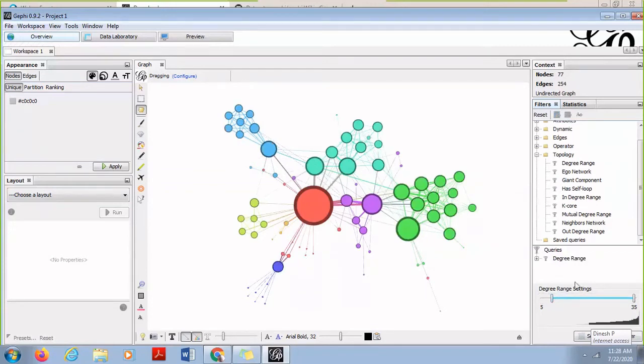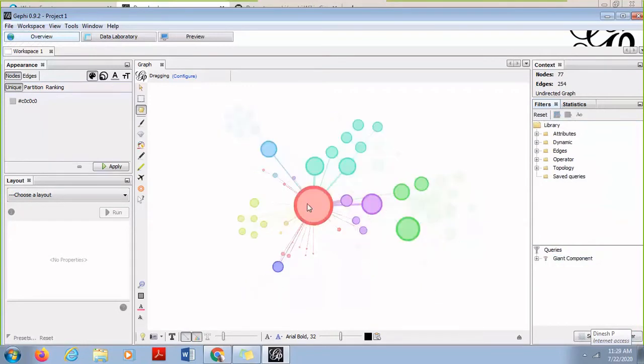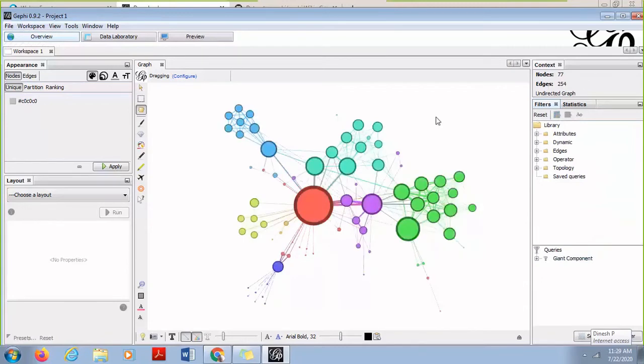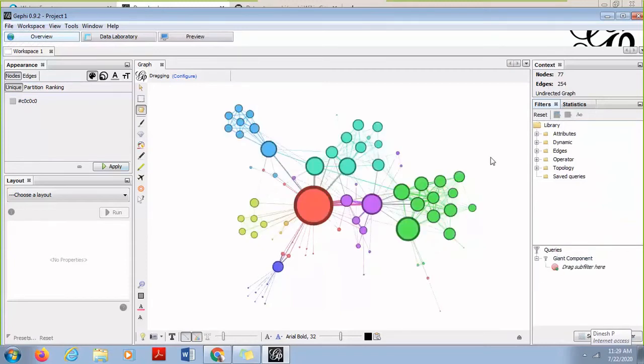depending on the degree. Similarly, if I want to select a giant component, you can remove this filter once you are done. If I want to check if there is any giant component, means any one component which is very huge in this, I can apply that, select it and apply filter. When I say filter, I will be able to see a graph which is connected totally. Okay. And here you get the statistics of the nodes and the edges of that giant component. So this way you can apply different filters over here.